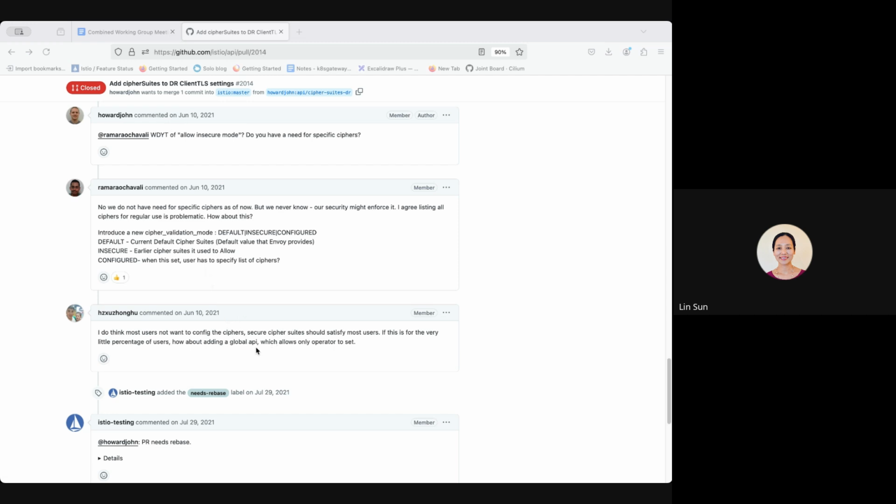And the other thing I want us to think about, Carsten, you touched on the complexity of whether Envoy actually even supports the cipher, right? If we think about it in the context of ambient, then I have to think about whether ztunnel supports the cipher. What about the waypoint? And if I'm using a pluggable waypoint, I have to think about all this complexity too. So we do have a workaround, at least for advanced users who want to configure ciphers, which I definitely think is an advanced user. At least they can explore with EnvoyFilter today.